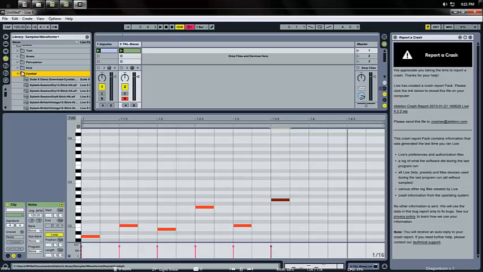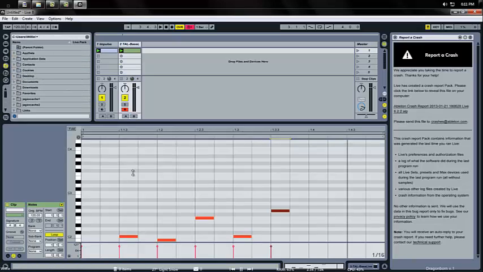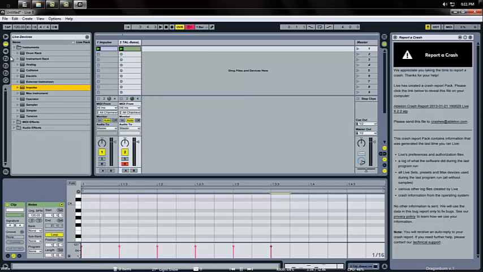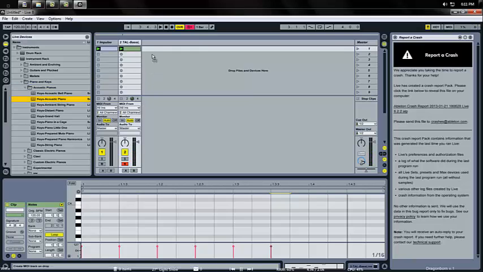Now, I'm not done though, so we're gonna add in a piano, and for that we're gonna go back to this folder with all the instruments. We're gonna go to Instrument Rack. We're gonna go to Piano and Keys. Let's do acoustic pianos. And then you just pick one. You play around with it and just drag it on in,